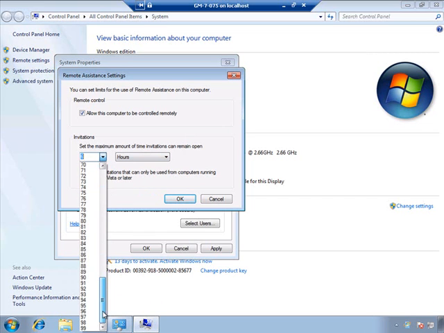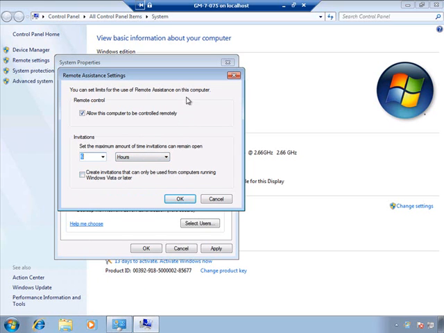And you can have it set for a whole lot if you wanted to. The default is 6 hours. And again, you can then create invitations that can only be used from computers that are running Windows Vista or later. It's slightly more secure, and we're going to do that because GlobalMantic is very paranoid about remote desktop security, so they want to make sure that these invitations are secure, particularly since they're going to be used by non-IT